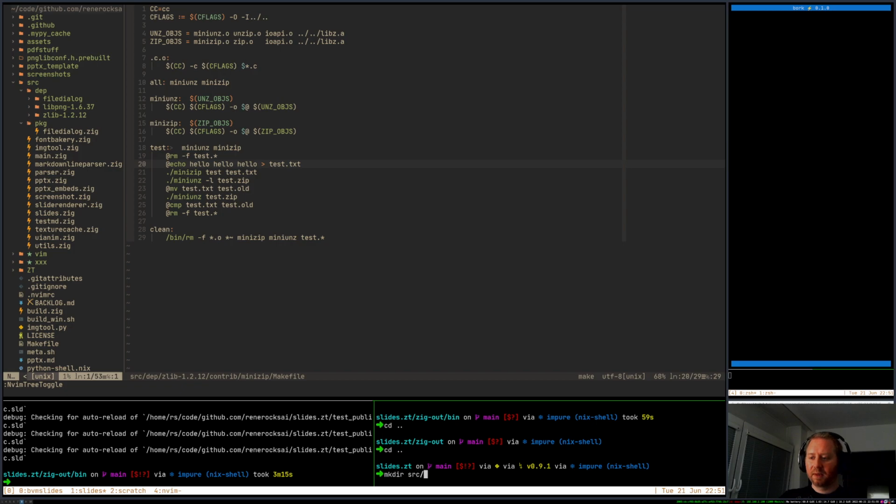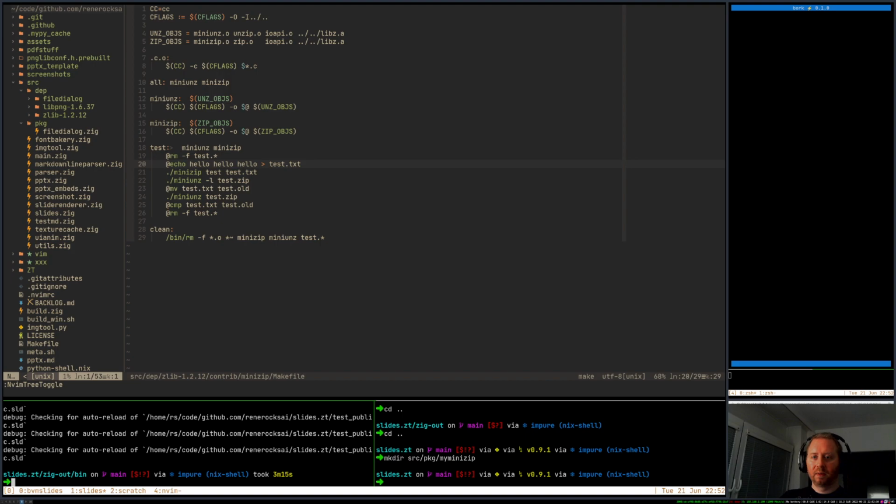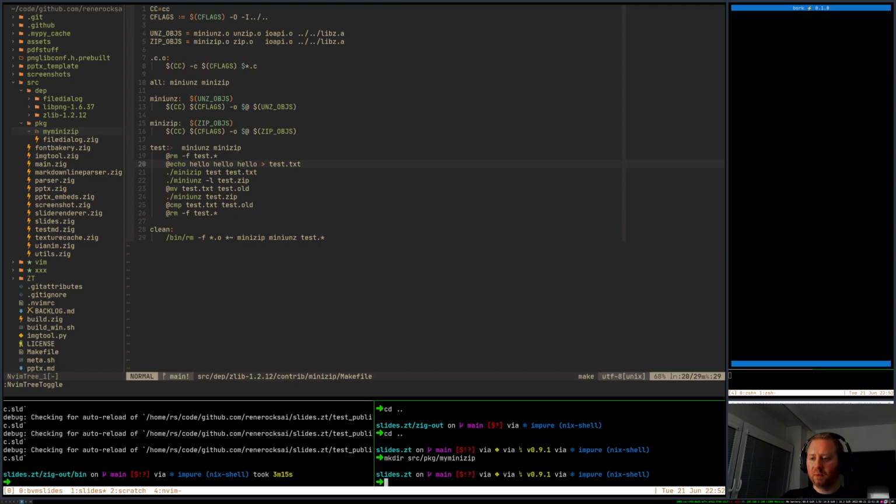Let's try source, pkg. Let's call it my mini zip. And refresh that, okay. And now we will copy source dep, not libpng, what's called zlib,